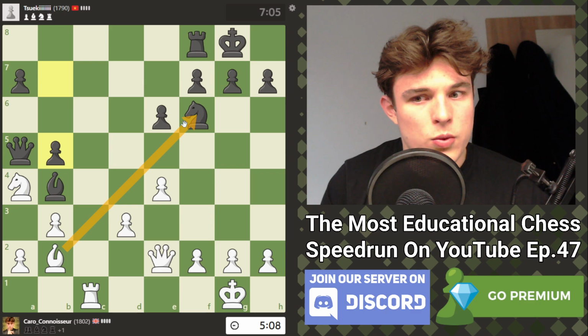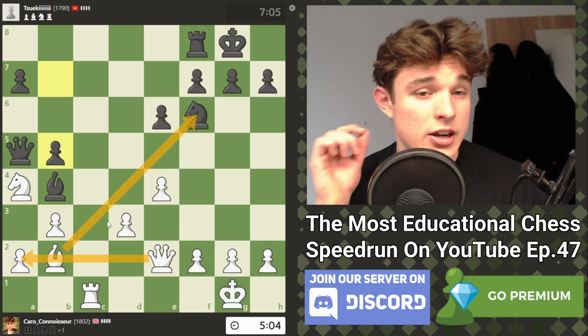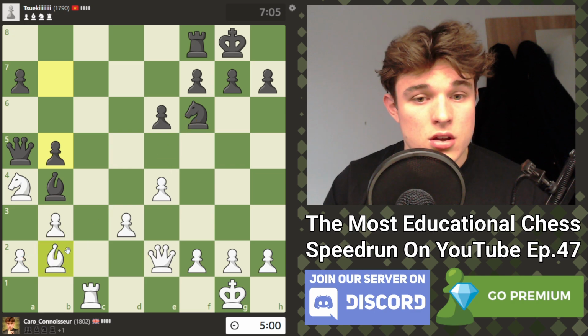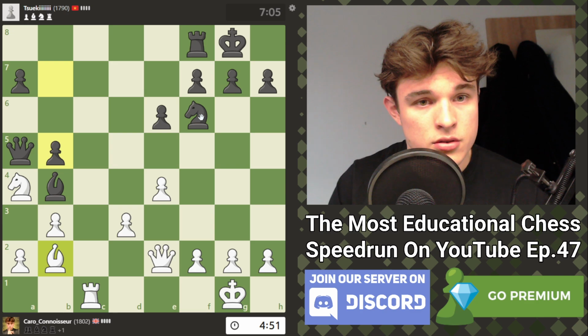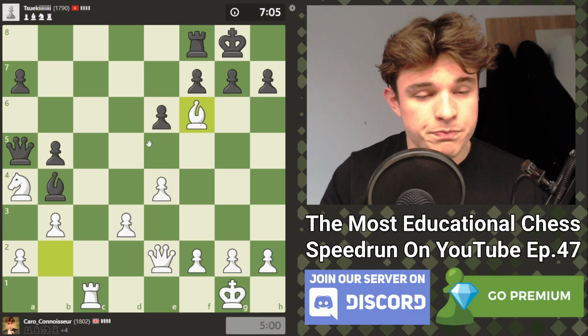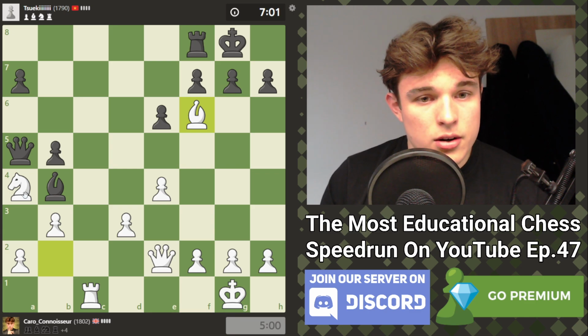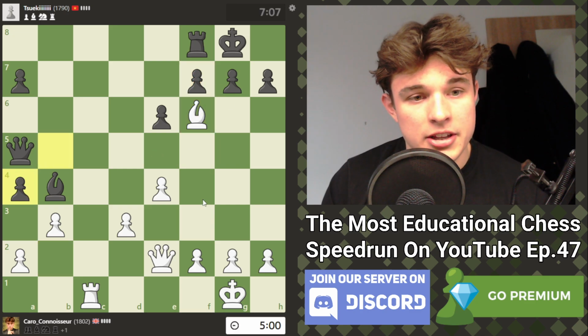So if we're going to move our knight, we have to take this knight first so that our queen is defending the a2 square, right? I don't really want to trade off the bishop, but it seems like the only reasonable continuation. Let's take. Let's take. So the question is now, is me being a pawn up and doubling his pawn...